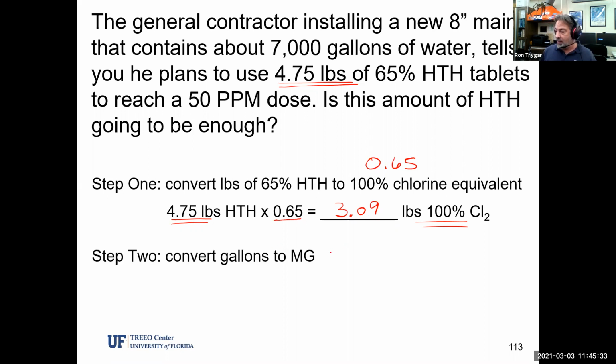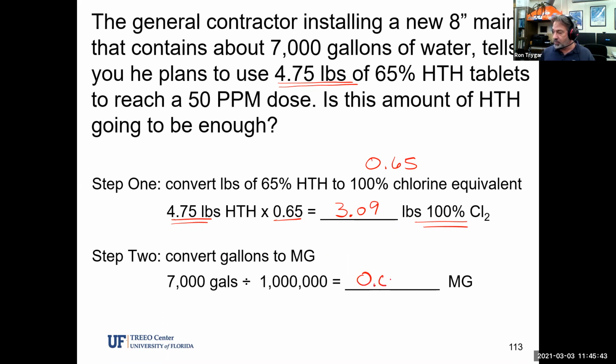So convert the gallons to million gallons. What did we have here? We had 7,000 gallons, and we're going to divide that by the number 1 million. I'm going to come up with 0.007 million gallons. So 7,000 in your calculator, divide by the number 1 million, and I came up with